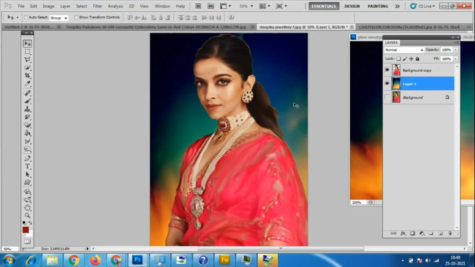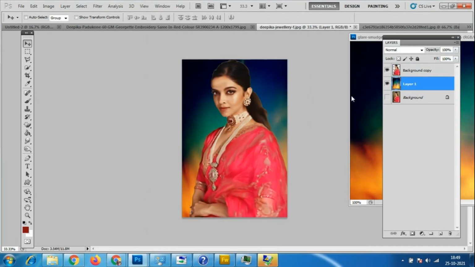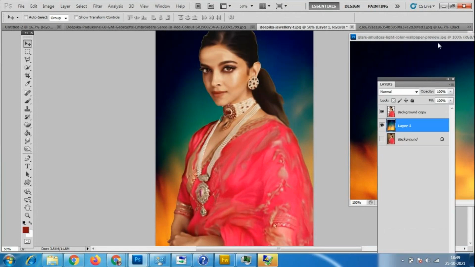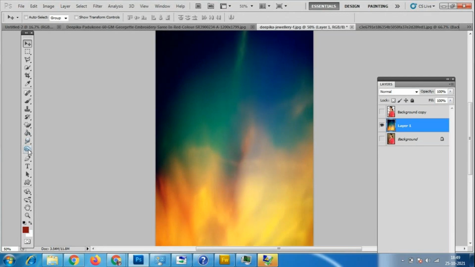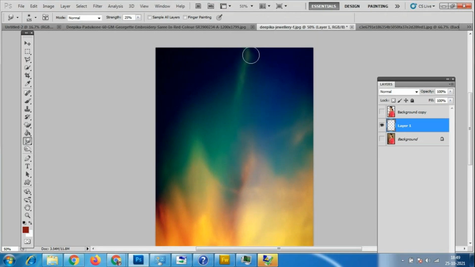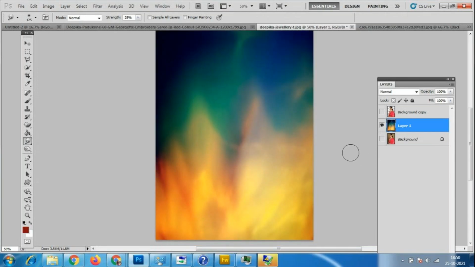So like this, the background also is in a different layer. So I'll hide it, and I'll use the smudge tool on this also. I'll increase the brush size, and use the smudge tool for this too. Slowly we have to use it, because however much we have to spread things, we can spread them here. Once we add so many things, it keeps changing.